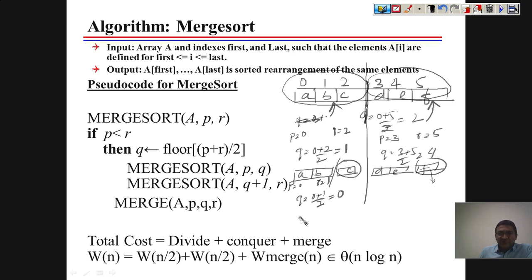That means when you make a further recursive call, you will find A, B. Similarly here, P equals 3 and R equals 4, and when we divide this, 3 plus 4 by 2, that is 3. That means you are able to divide in such a way. So now every element has been individually separated.